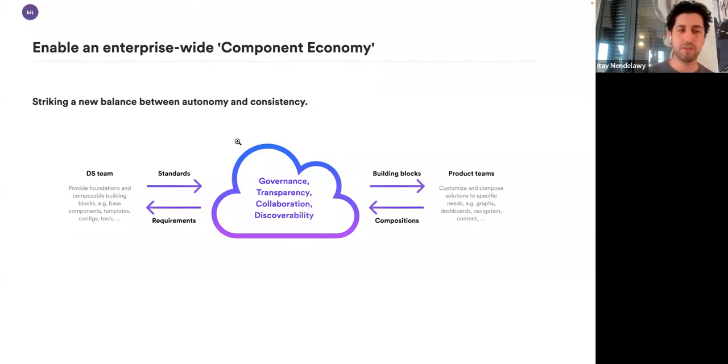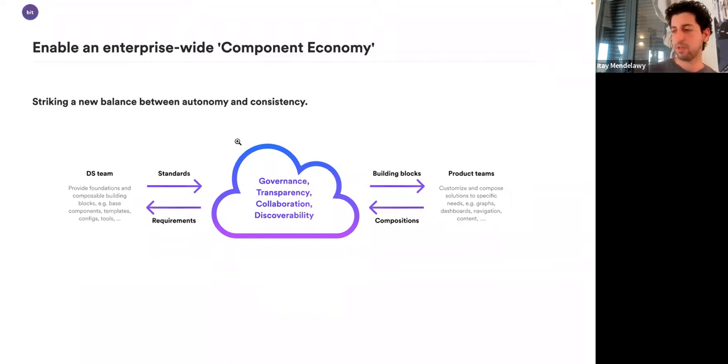So if the design system provides building blocks for multiple types of buttons, then product teams can build the buttons they need. And also we can try and think about naming patterns that fit our business use case. So instead of arguing what is an atom, what is a molecule, what is an organism, and what can be composed of what, all components in a component economy are of the same size, and all components are meant to be composable. And this often changes how we think about UI composability and what is possible for the larger whole.